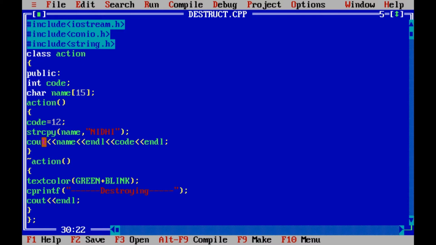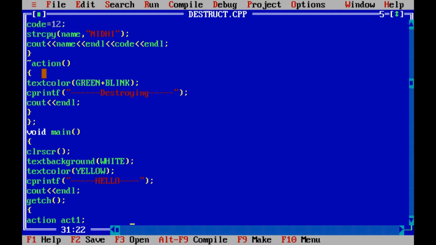So we have written cout, name Nidhi will be printed, and in the next line code 12 will be printed, and then we will move to the next line. So this is closed. Now this is our constructor. When the constructor is called, these things will be executed: code and name will be initialized and this will be printed. And further, in the next line we can see this is action, a special member function,